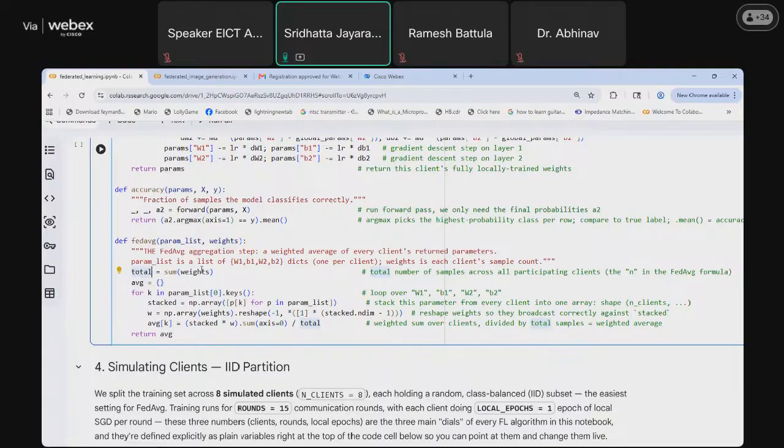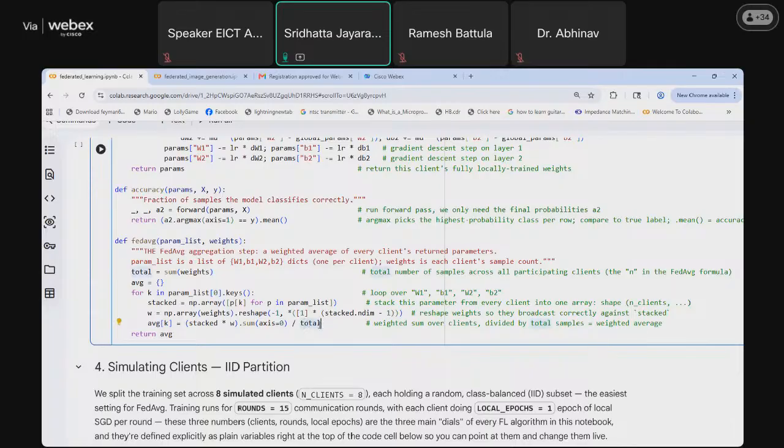So what we will do is we will first sum the weights using the sum operation, and then we will define the average as a dictionary. Now we will run this for loop across all the parameters defined in the parameter list. This parameter list, defined for each client, will give us the weights associated with each client, and then these weights are stacked, and the average is computed.